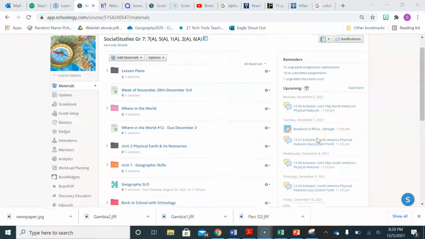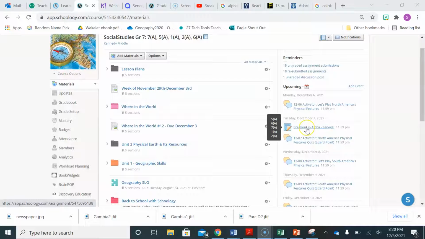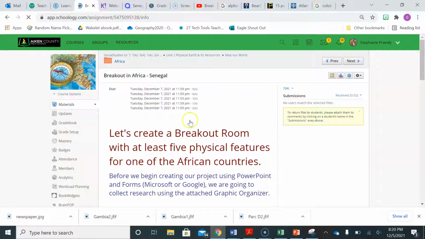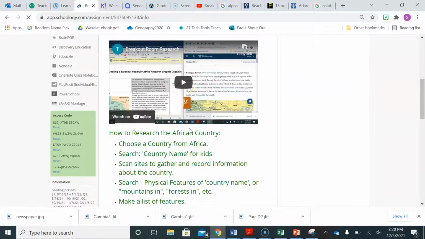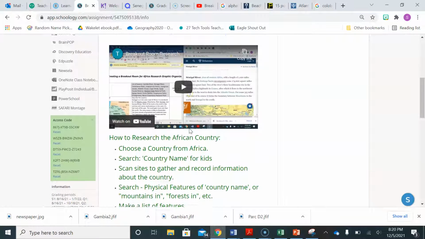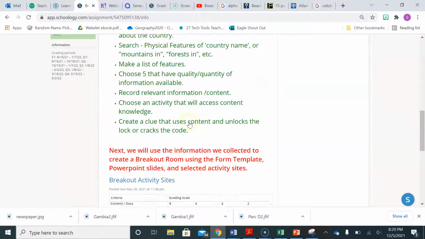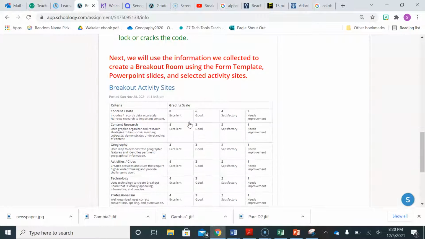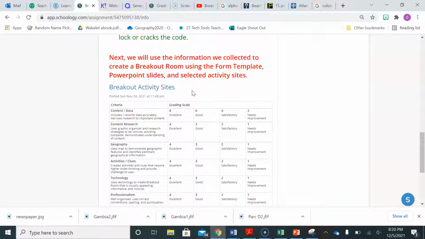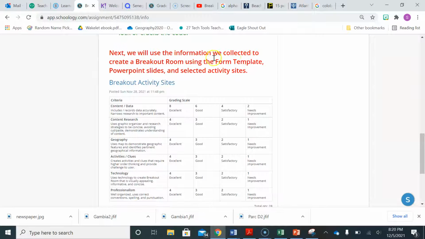All right, now we want to take a look at the Breakout in Africa, Senegal breakout room. So when you come to this assignment, you will find the instructions. I've put instructions on how to research. I'm adding instructions for how to create the activities, and now I am putting instructions on how to use the